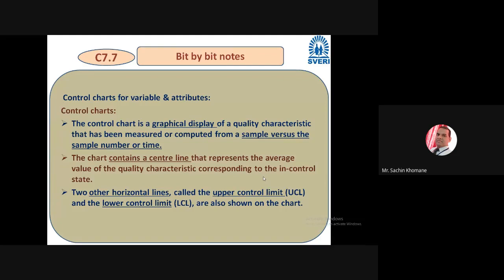So friends, you may have seen the control chart has one center line, and about that center line you may check your performance. It is exactly at the center, and it represents the average value of the quality characteristic. So that center line is the average value. Also, this control chart is having